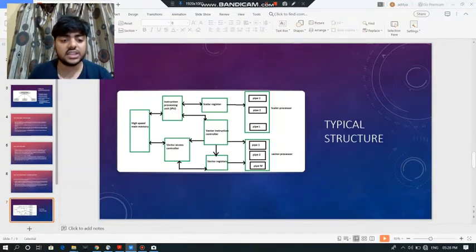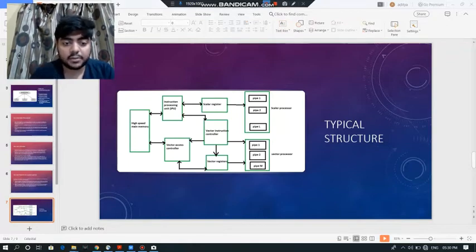This is a typical structure of the register to register architecture. This is the general structure where the data processes from high speed main memory to the instruction process unit and vector access control. Then it goes into scalar registers and vector registers, and then it goes into the processors, which contain the pipelines for further instruction or further processing.